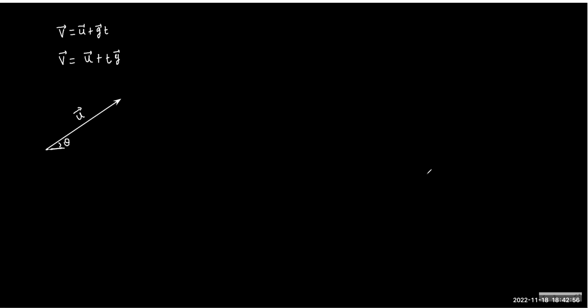Can you imagine what is happening to the V vector? Yes, sir. Okay, what is the angle made by V vector at t equals 0? 0 degree. Angle made by V vector at t equals 0: theta. Theta, right. So as time will grow, then the angle made by V vector will